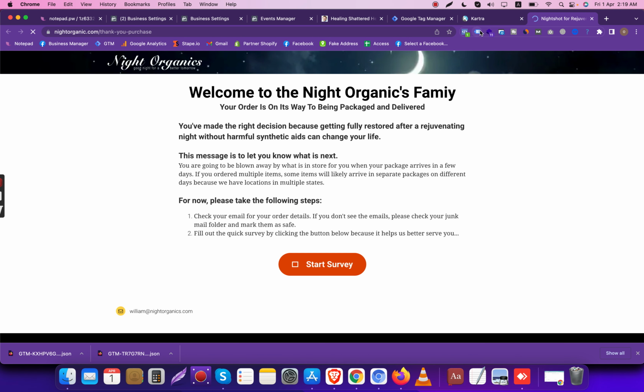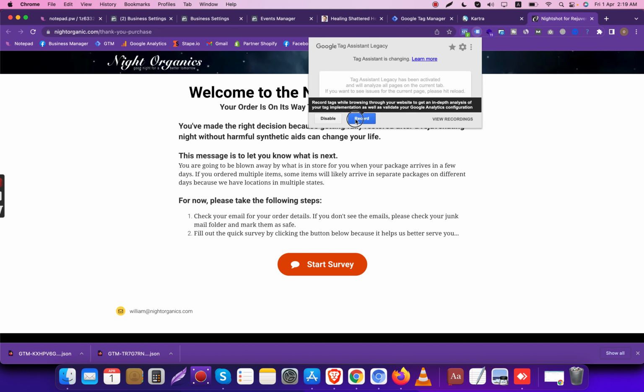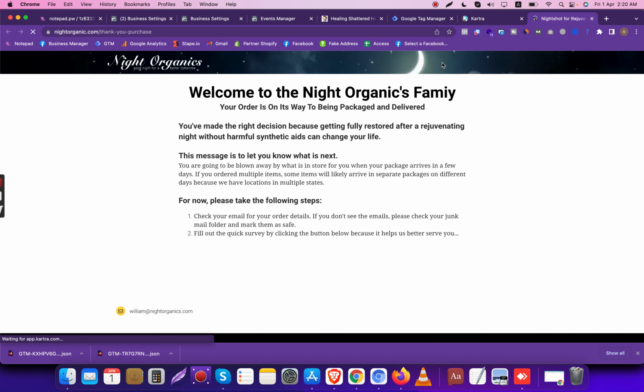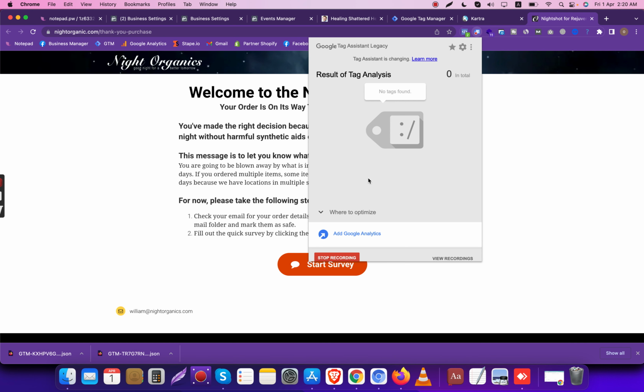So I just open the website or the specific page, then check whether Google Tag Manager is connected or not. So you can see there is no Google Tag Manager, because in Kartra we have to edit the Tag Manager code. So what we have to do,